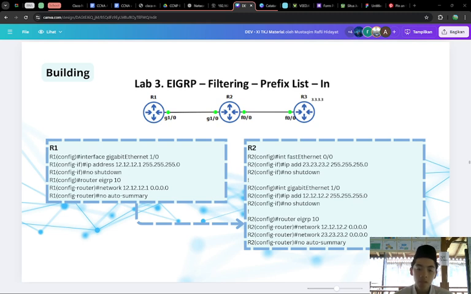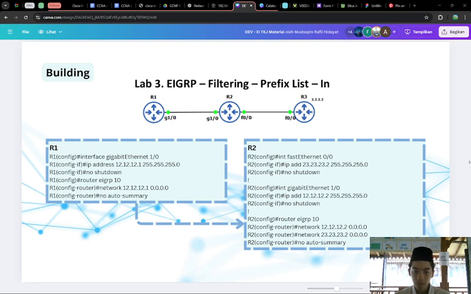And the third is the prefix list, the filtering tool. Think of the prefix list as a fine-grained filter for networks, and it is more powerful than a standard access list because you can specify an exact prefix range, prefix 24 or prefix 25 and more, and you can allow or deny a range or subnet.